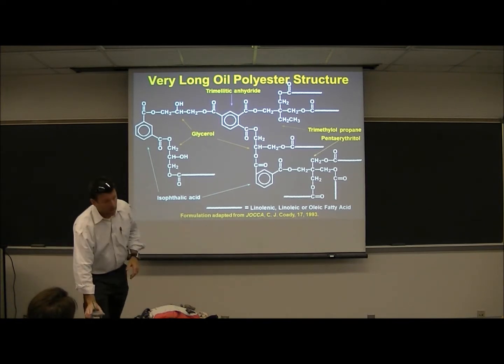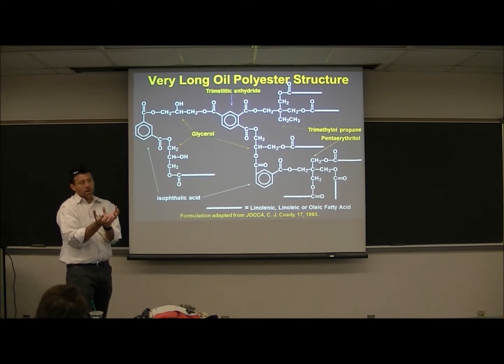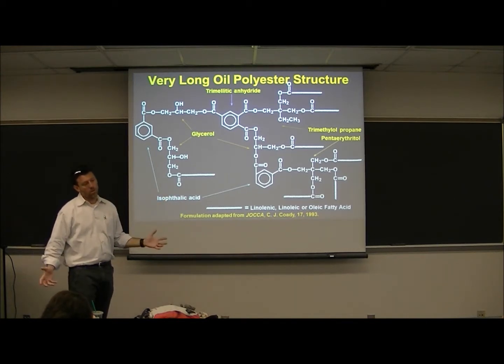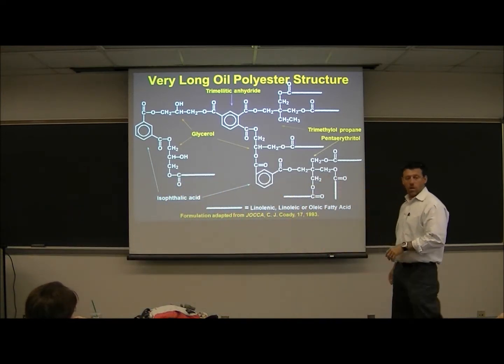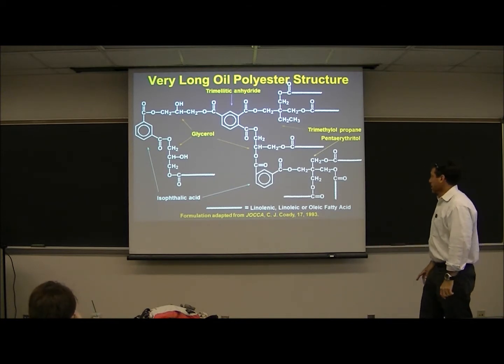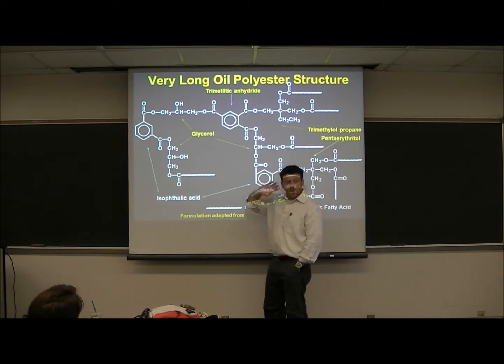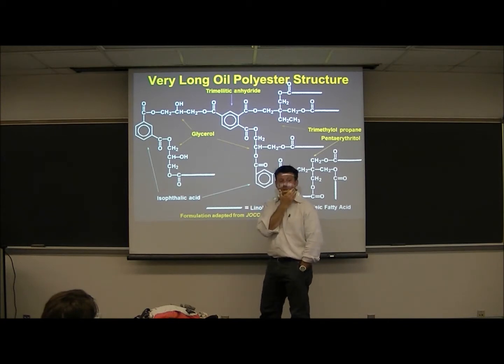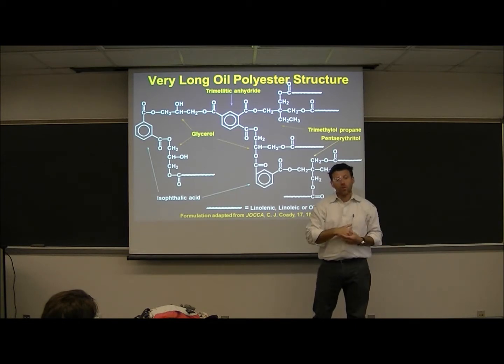Now the rate is slowed if we have a stable dispersion, because in the particle it's a hydrophobic environment. But external to the particle, and in order to stabilize the particle, we have to have polar groups on the surface of it, because we're trying to stabilize it in water. And we'll touch on this again when we get to emulsion versus dispersion versus bulk and solution, the process section of the class. So what we would do, if we knew you wanted to dilute with water, and not toluene and xylene,